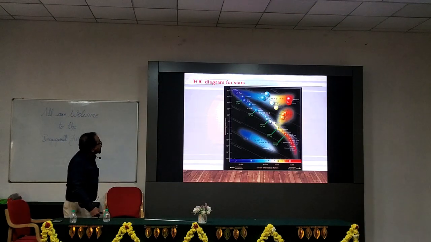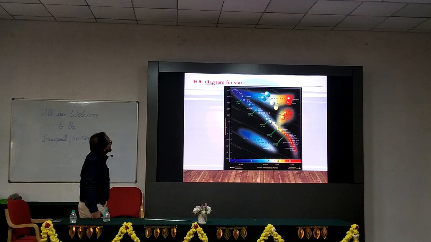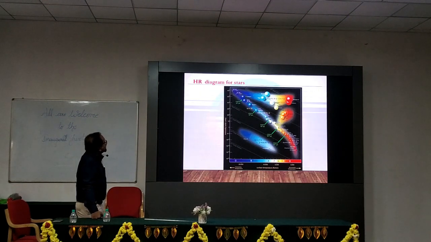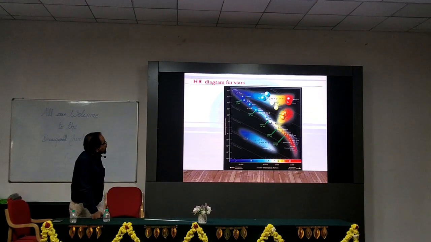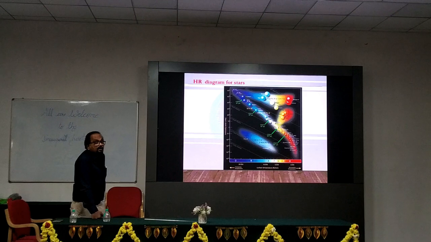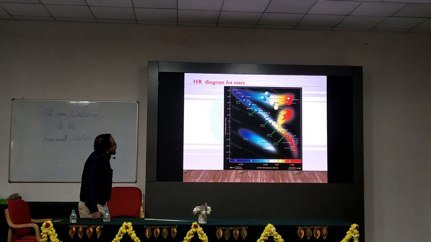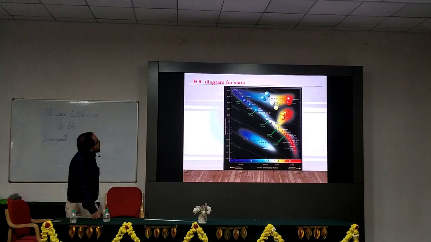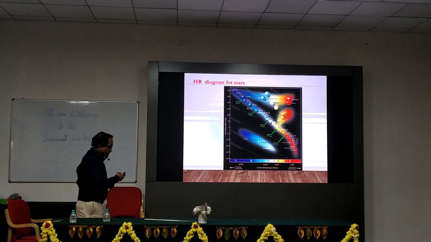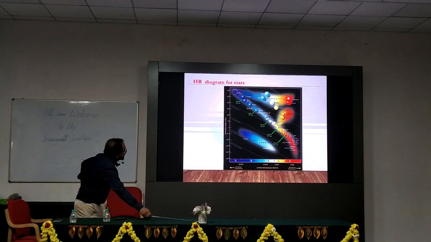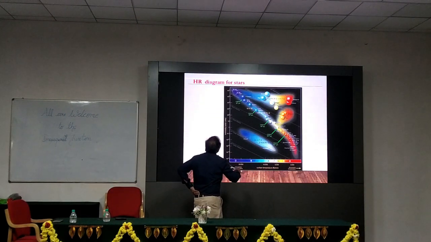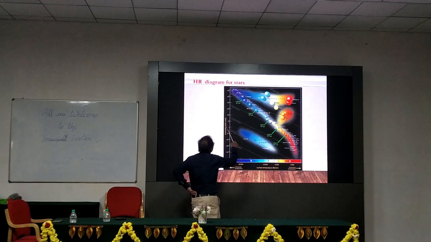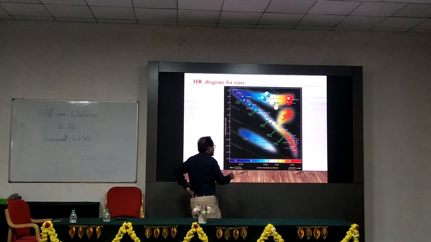Okay. So this is a cartoon showing you the HR diagram of stars. The HR stands for two scientists, Hertzsprung and Russell, around 1910 or so. They put all the stars in the form of a chart. In this chart, we have temperature on the bottom, and luminosity going this way, in units of solar luminosity. The sun is here, one solar luminosity. And temperature, I told you, it is